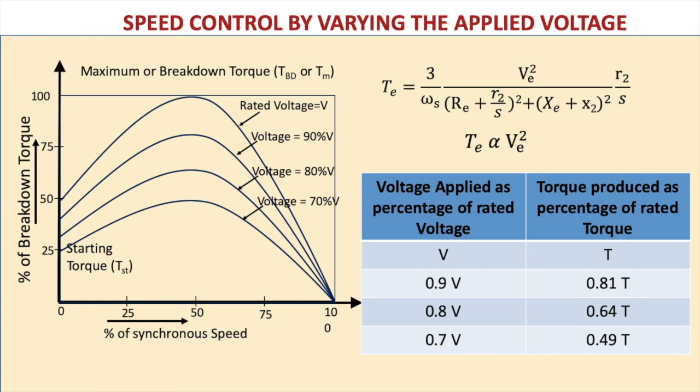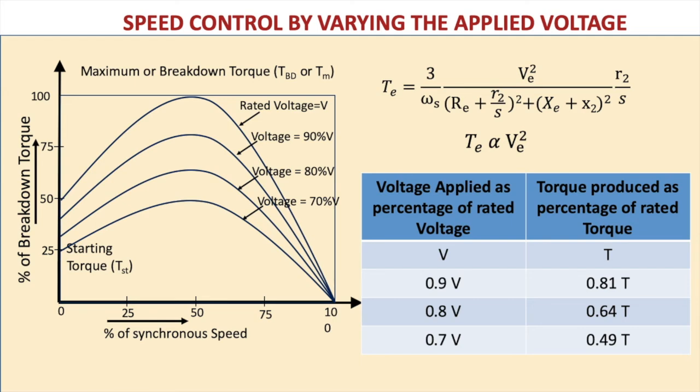So this is a disadvantage of applied voltage control, but it's quite simple for application purposes. Where we can compromise with the torque, the applied voltage control is used because it's easier from the controlling point of view. You have to only vary the applied voltage, and that can be easily done with the help of the star delta conversion as well as the auto transformer method of supplying the motor.